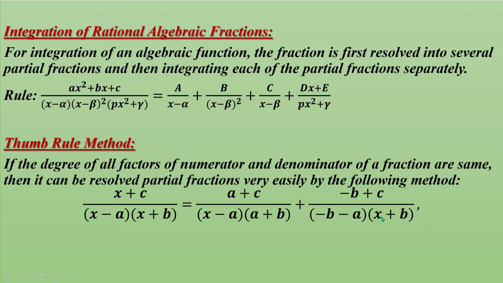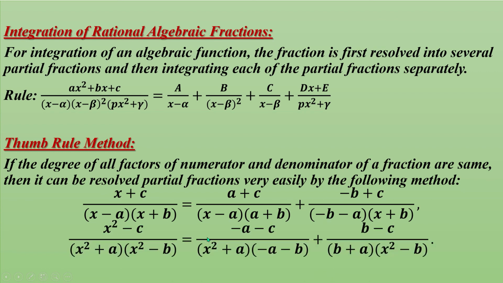As a result, x is equal to minus b, so all other x will be minus b, because here was x, that means this x, also here x, that means x is equal to minus b. Clear everyone? Okay, same here, degree of x is equal to 2, here also 2, here also 2.